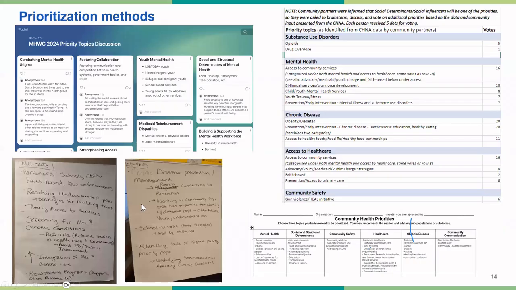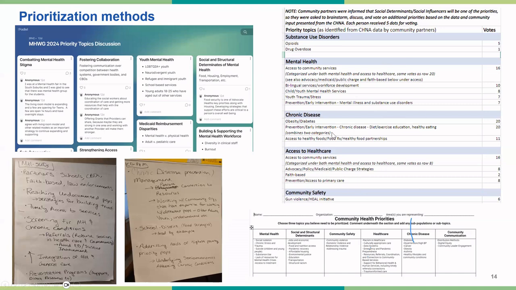All right, so here are examples of different tools. Here are those flip charts I told you about. This is an example from a meeting where we literally wrote out what folks were telling us as we went through the data that the group had identified as top issues, and we had them go vote. We rewrote the flip charts during the break so that we had the core issues like mental health, substance use. For example, we would put reaching undocumented populations and screening for mental health and chronic conditions, and we had folks go up and vote. This was the result.